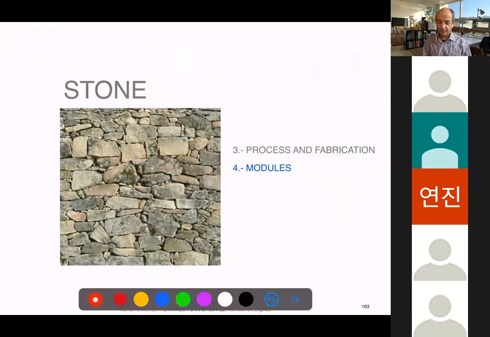We have 2 minutes left for the modules. Actually, there's not much to say of the modules. We saw, as you can guess, in the quarry, the largest stone we can get is the one they put on the truck, on the quarry they can transport. And it depends on the stone and the quarry itself. So if you want to have those huge elements, you have to go to the quarry and buy just individual pieces by yourself. But as we saw,